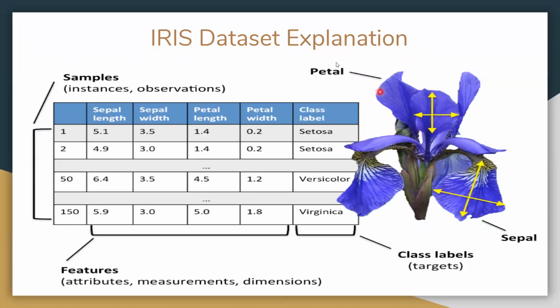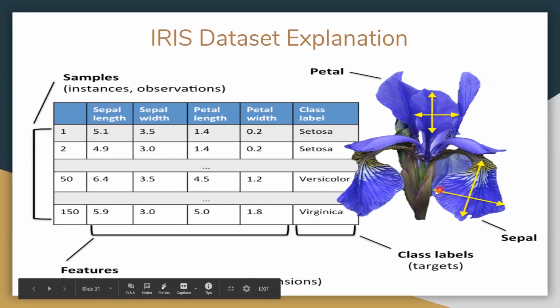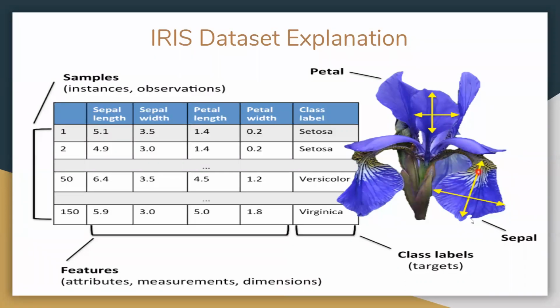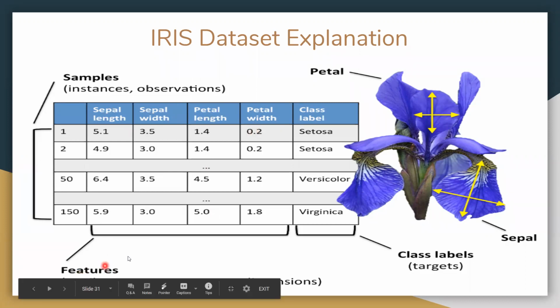Imagine them. You have the petal, you have the sepals, and you have the petal width, petal length, sepal width, sepal length. So they are the features. Sepal length, sepal width, petal length, petal width are the 4 features. So this is the petal, and this is called petal width, and this is called petal length, and this is sepal, and this is called sepal width, and this is the sepal length. So this is the flowers data set. In this data set you have 4 features like this. So they are called features or attributes.